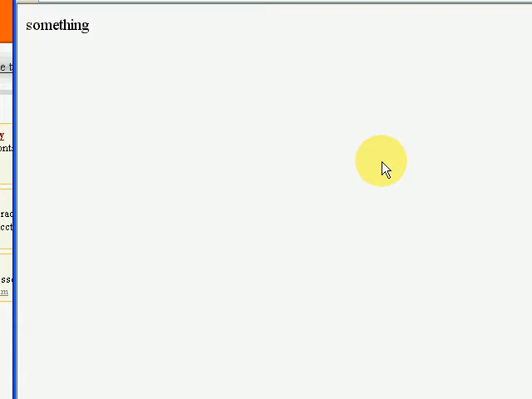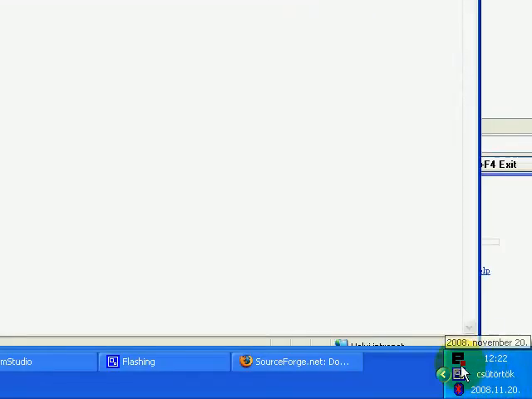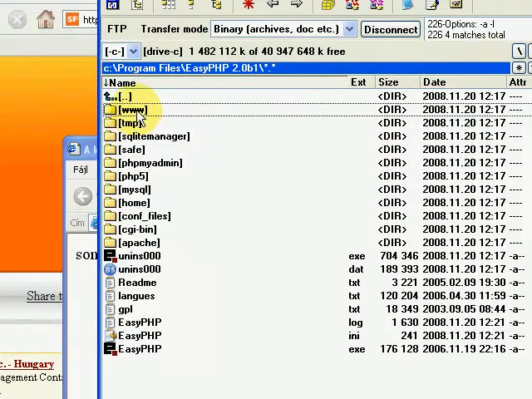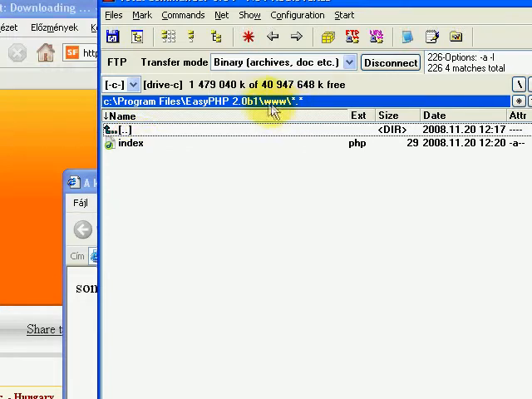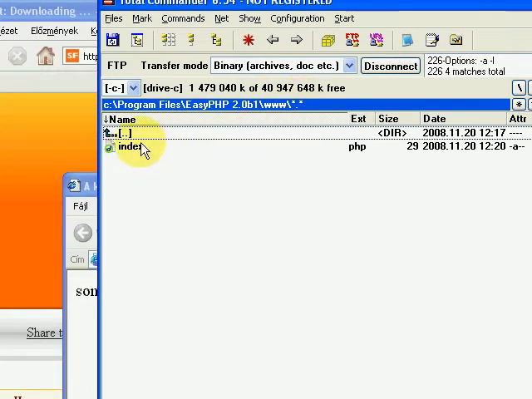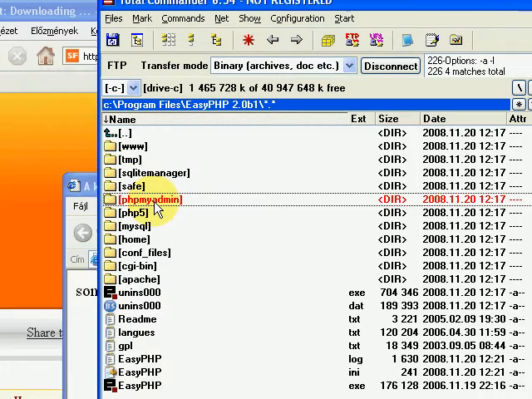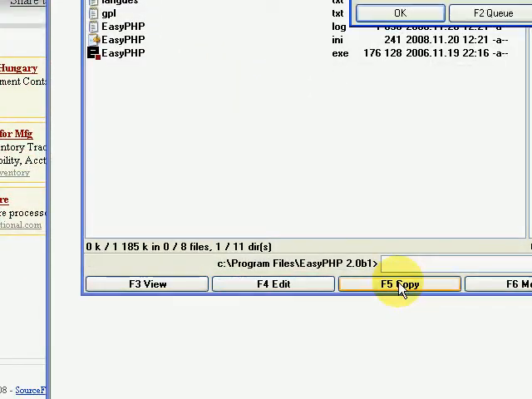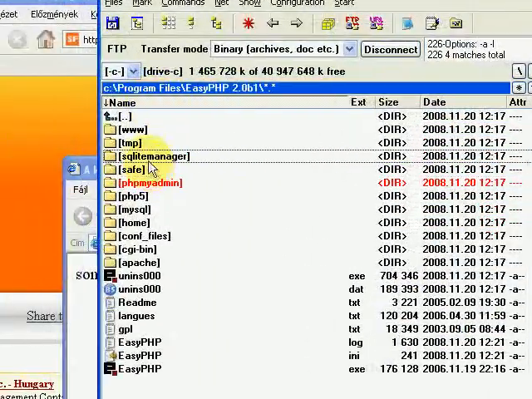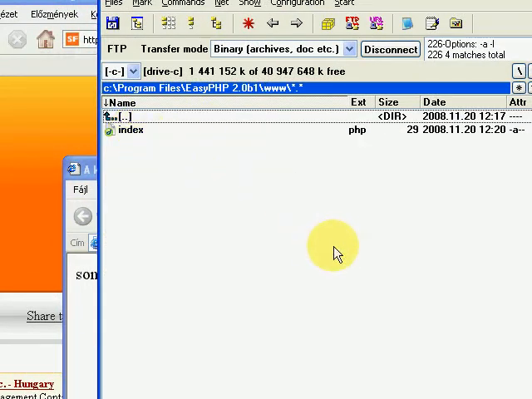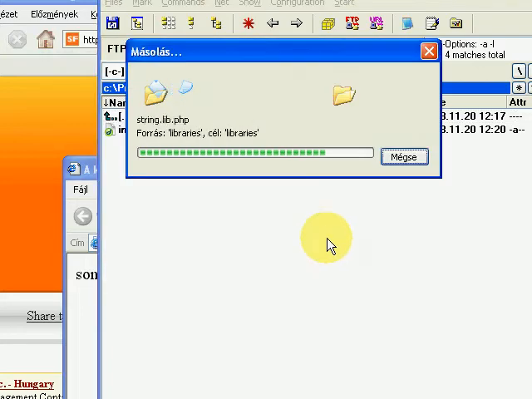So that was a little troubleshooting to kill your previous Apache server if you use multiple servers. And another thing, if you want to use your MySQL, and if you look into the www folder and there is no phpMyAdmin, let's copy it into your www folder,